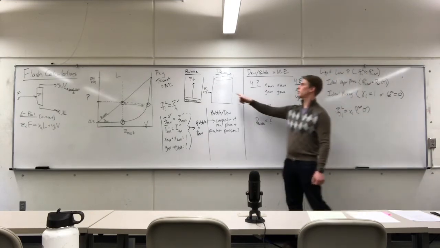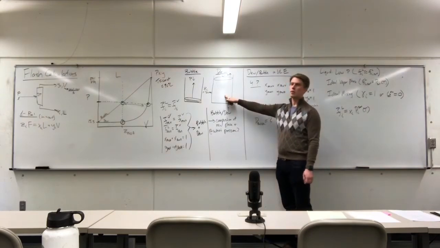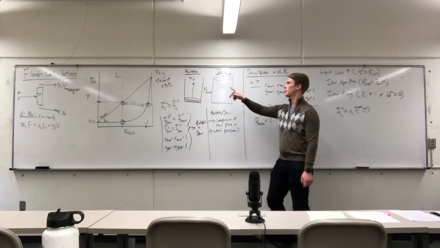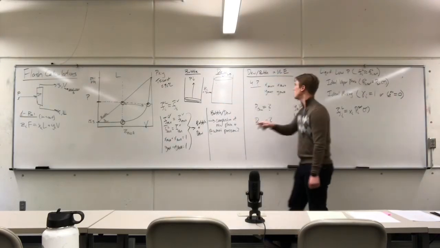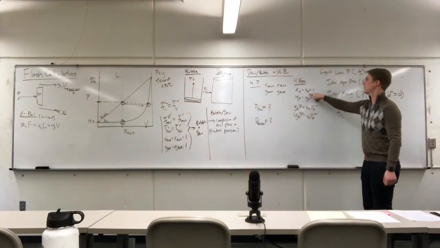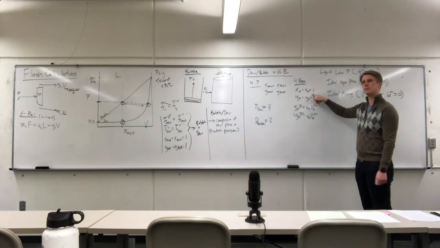Now, if I'm in my dew curve, I know everything I need to know about my vapor phase. I know the phase and I know the composition, right? Z. I know nothing about the liquid phase, so this is going to be my starting point. And from here, there's really only